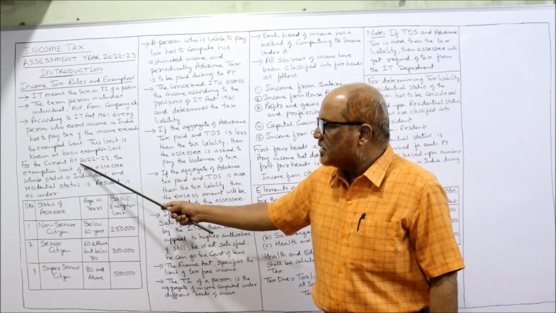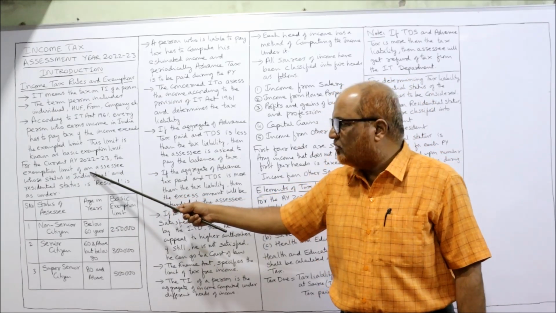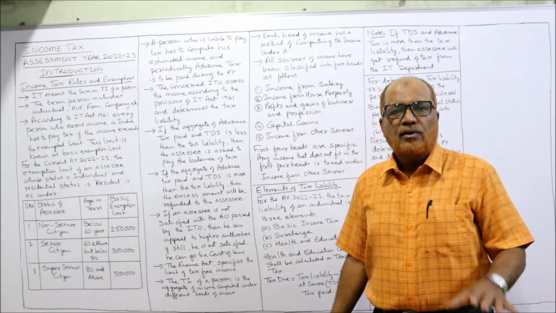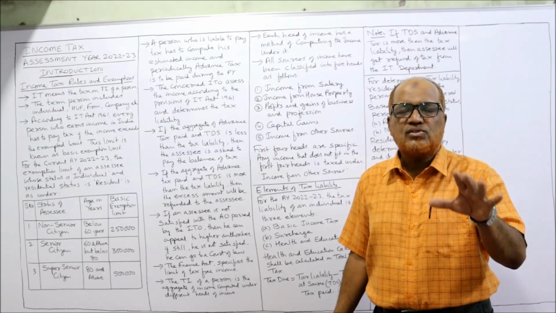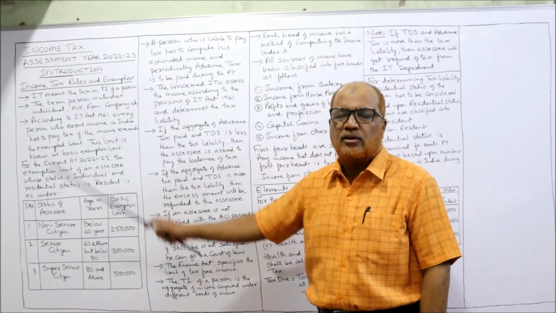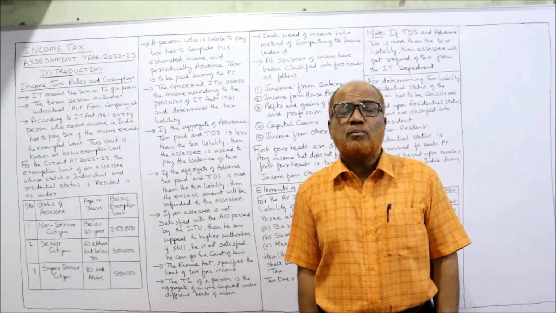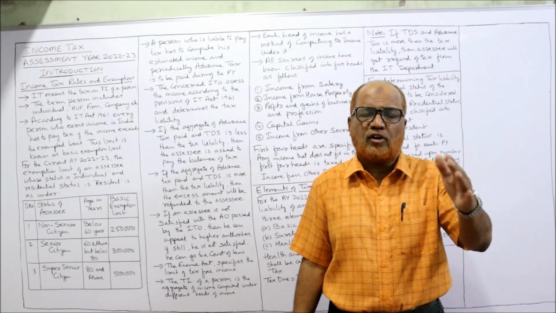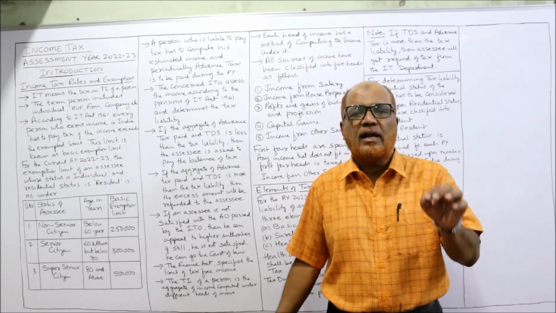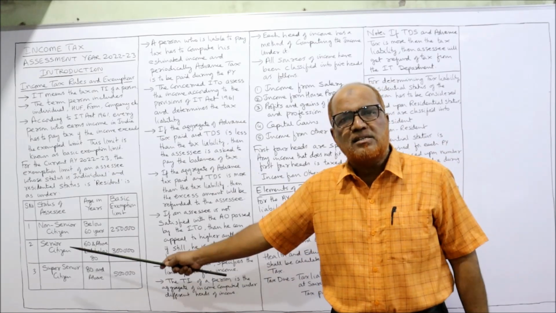Now for the current assessment year 22-23, the exemption limit of an assessee whose status is individual and residential status is resident is as under. Now remember the provisions for the current assessment year, because you are going to write the examination for this assessment year 22-23. So for an individual, the provisions which I am going to explain will not apply for HUF or firm or company. This provision which I am explaining is only for an individual, and the residential status of the person is resident.